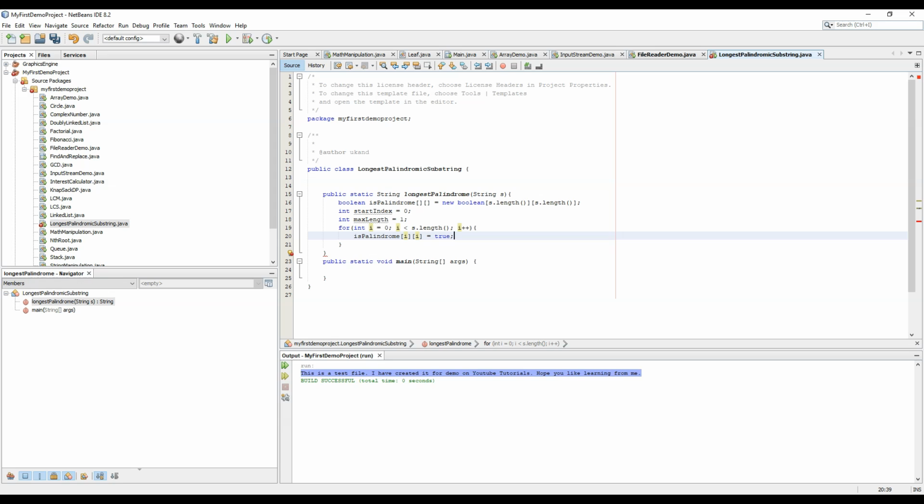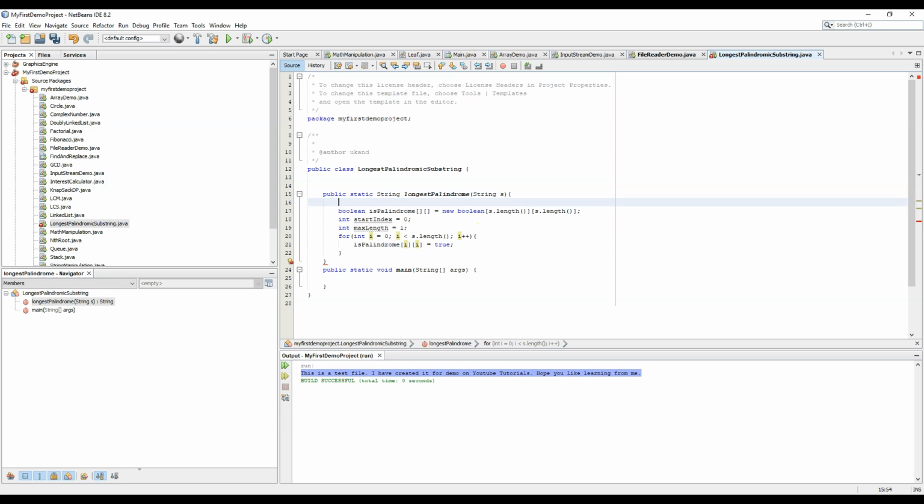Initially all the elements are initialized to false, so we have now initialized the i, i element to be true because one character is always a palindromic substring. We cannot have a 0 length palindromic substring unless the string length is 0.